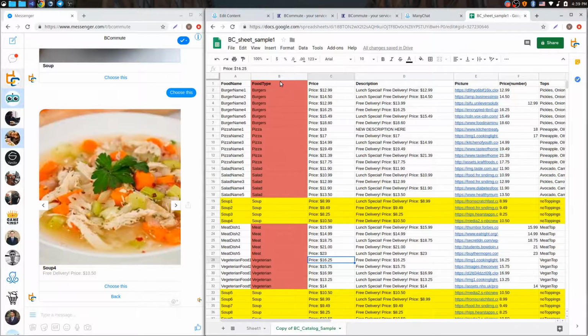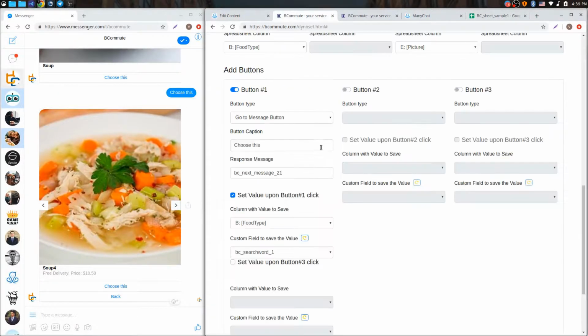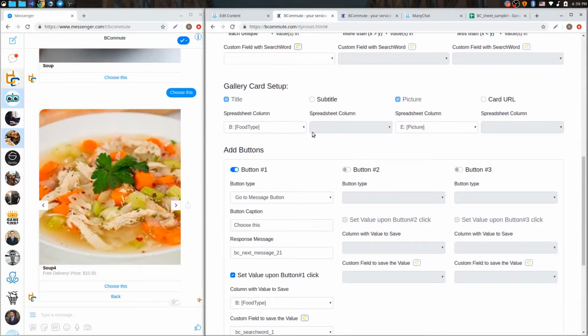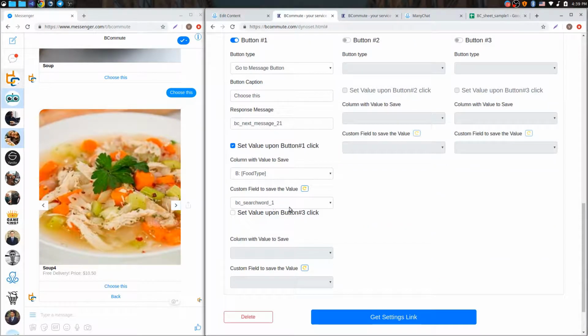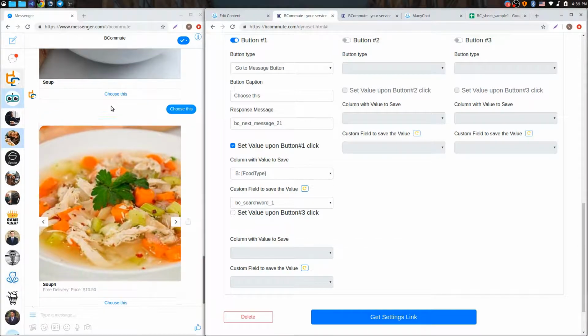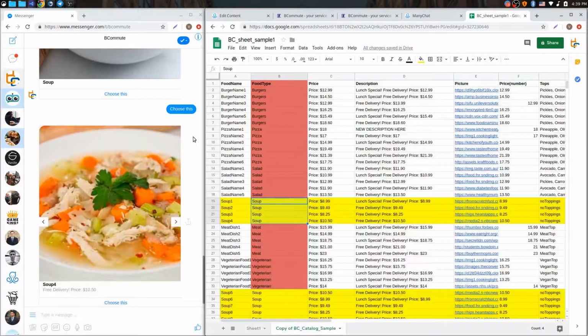It will go through column B, searching for the value that we've saved to the custom field named BC searchword 1. When we click this button, the word soup was saved to this custom field, and then in the next dynamic content block it goes to the spreadsheet and searches column B for this word,